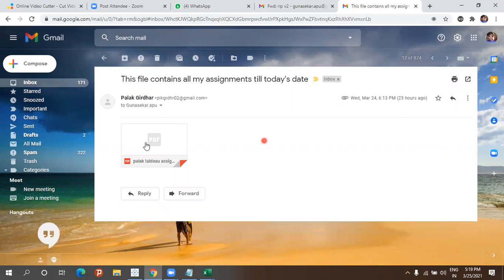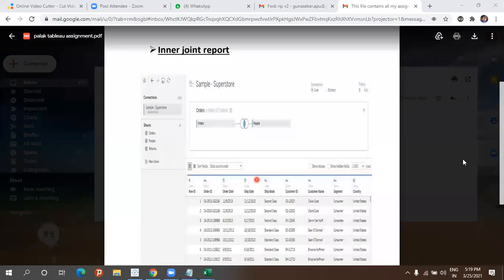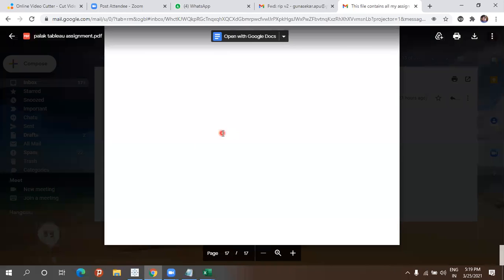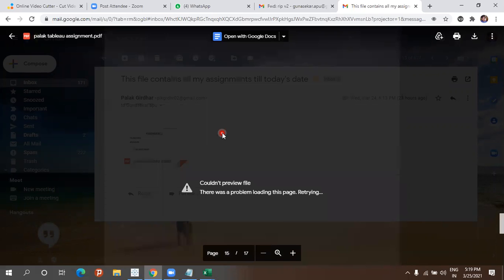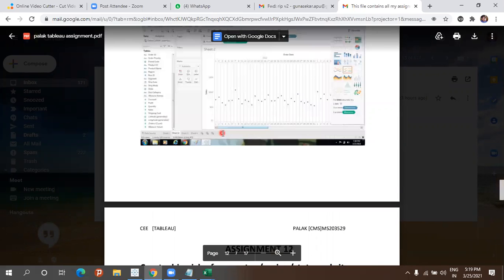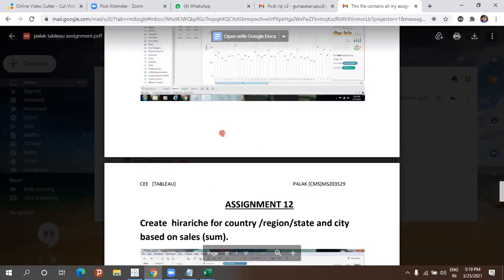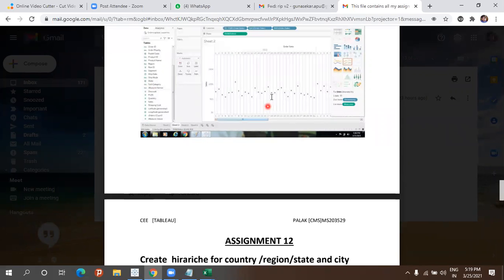This file contains all of my assignments, today's date. Yesterday's file. Have you done anything like this? I think there is a slight difference in this place. Just take it out.